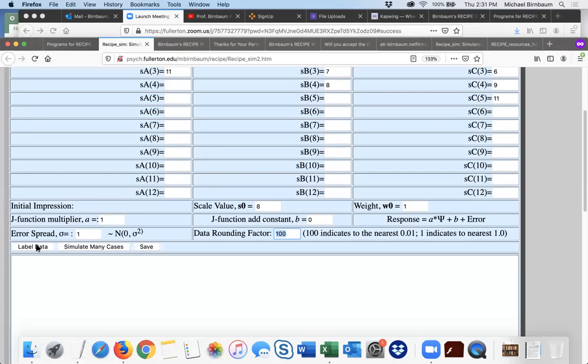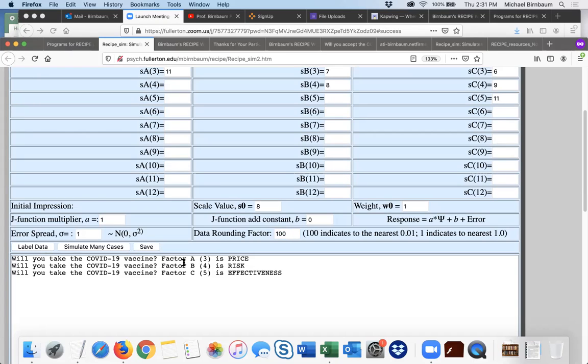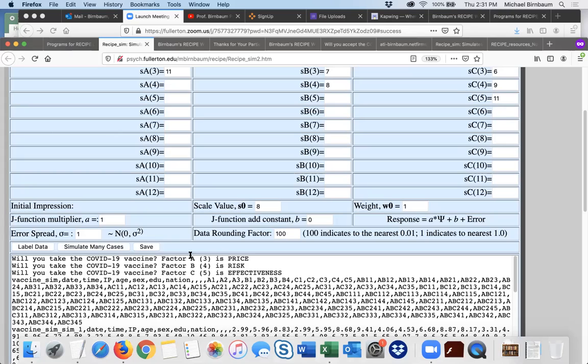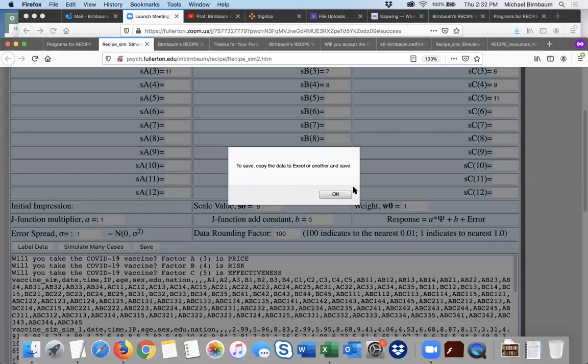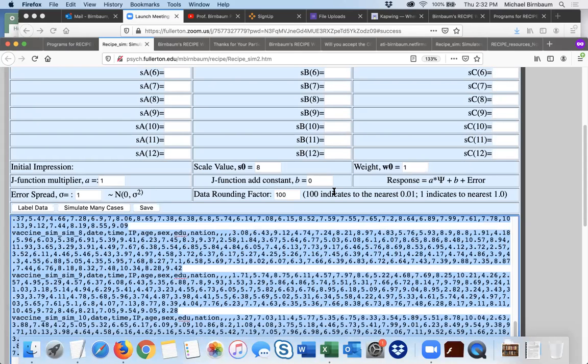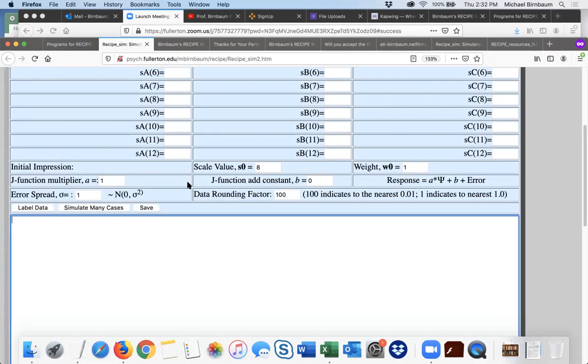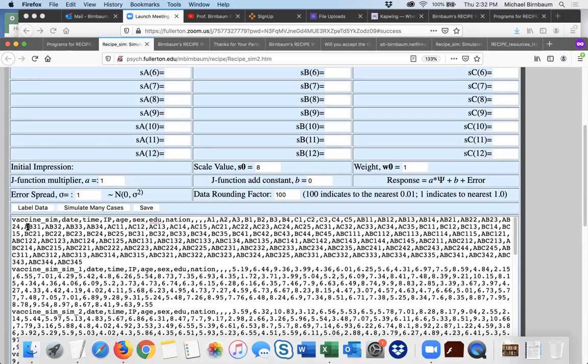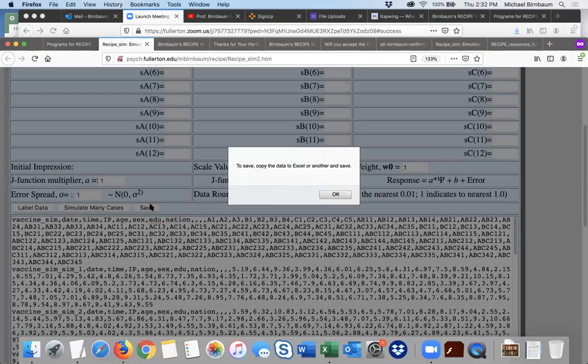You can label the data, and that'll remind you of the number of levels and what the names of the factors are. And we can simulate the cases. I had asked for 10. You can push the save button, and that will select it. And again, you can copy and paste the data. I'll delete those and show what would happen if I simply simulate some cases. It's created column labels. We can save these,